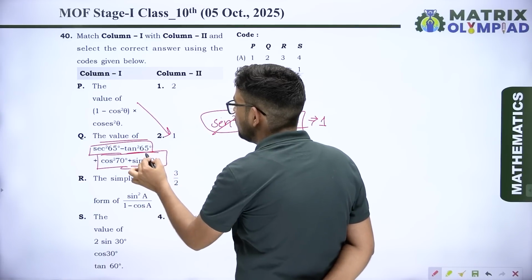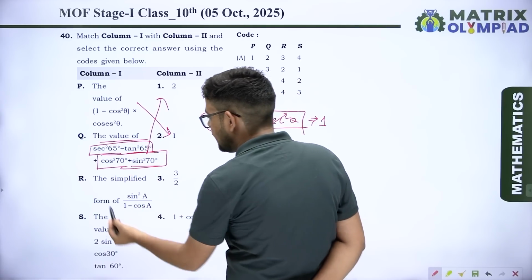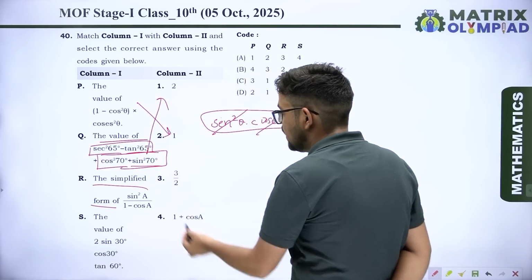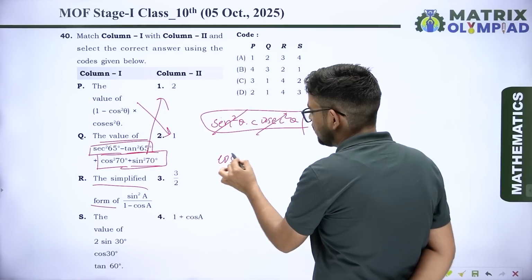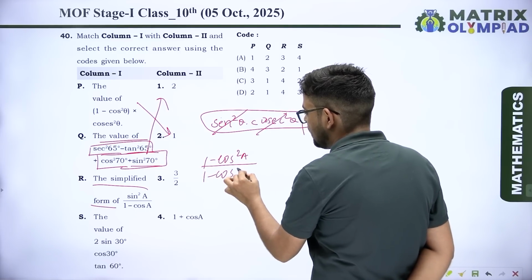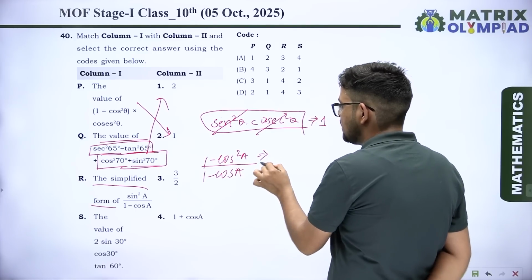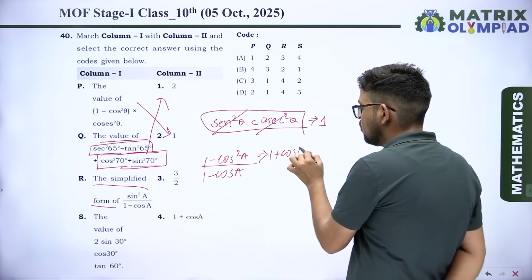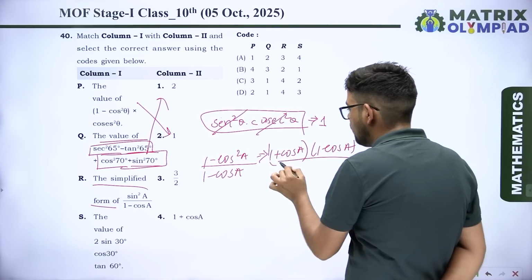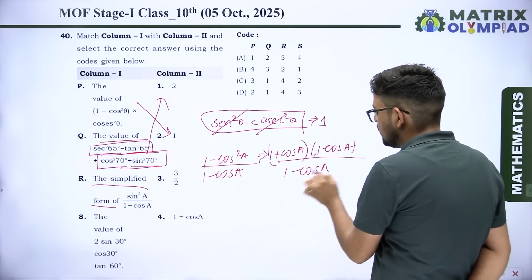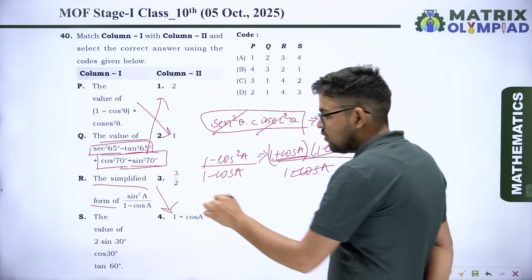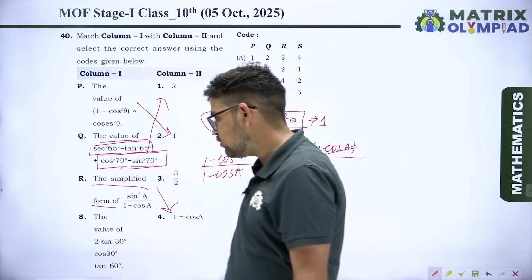तो इसका आंसर 2 हो जाएगा। तो Q का फर्स्ट हो गया। R कह रहा द सिंप्लीफाइड फॉर्म ऑफ साइन स्क्वायर A अपॉन 1 माइनस कोस A। तो साइन स्क्वायर A को आप 1 माइनस कोस स्क्वायर A अपॉन 1 माइनस कोस A लिख सकते हो। ये a स्क्वायर माइनस b स्क्वायर से हो जाएगा 1 प्लस कोस A इंटू 1 माइनस कोस A अपॉन 1 माइनस कोस A। तो कट जाएगा तो 1 प्लस कोस A आएगा, तो R का हो जाएगा 4th।